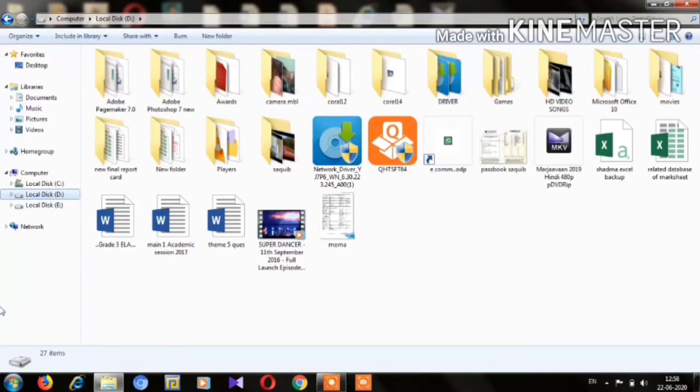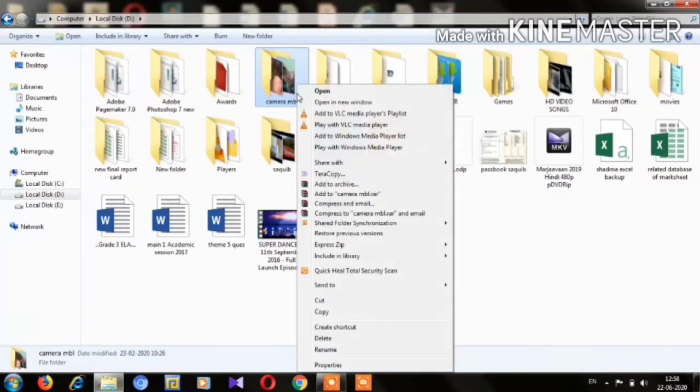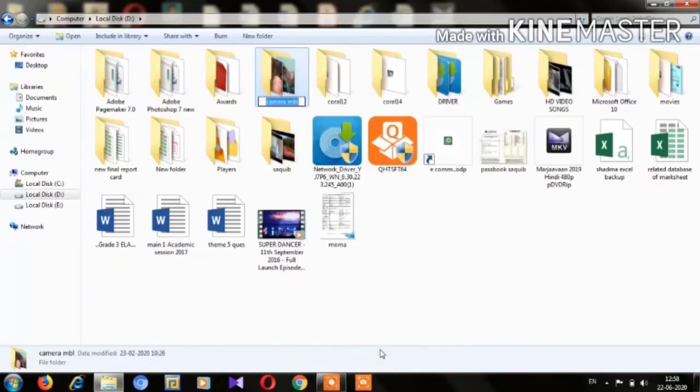For that, just go to the navigation pane, choose your folder. So under D drive I am choosing any folder like this. Okay, and then right click. Here we have the option rename, second last option. Click on that and we can change the name of this folder. Okay, see, the name of this folder has been changed. In the same way you can change the name of any file.